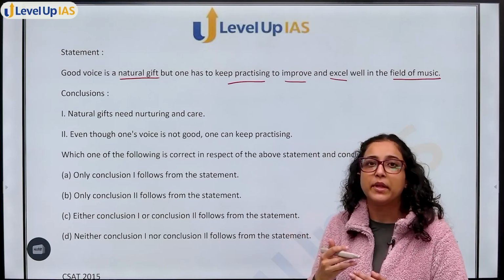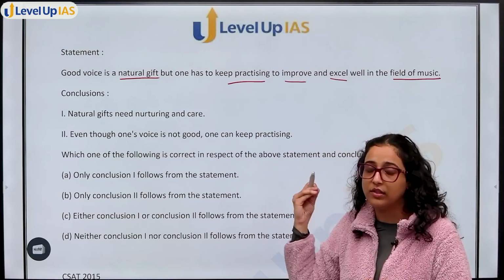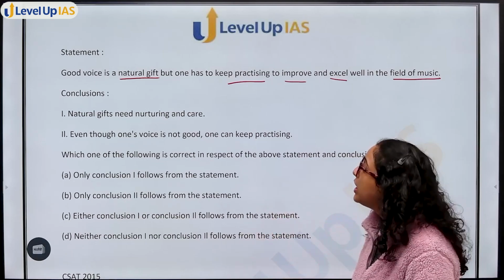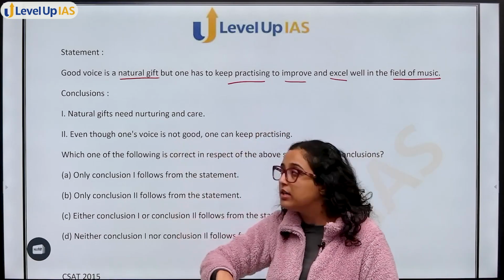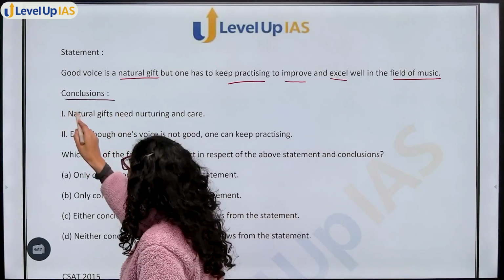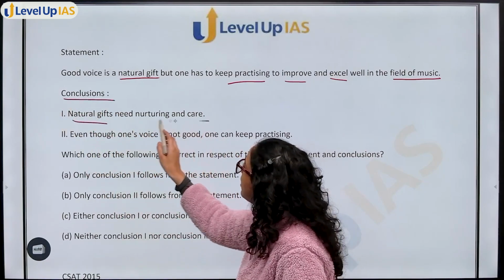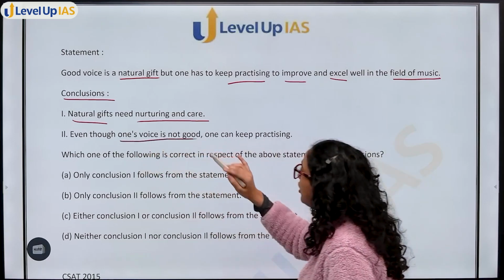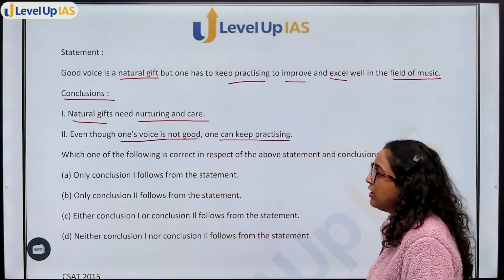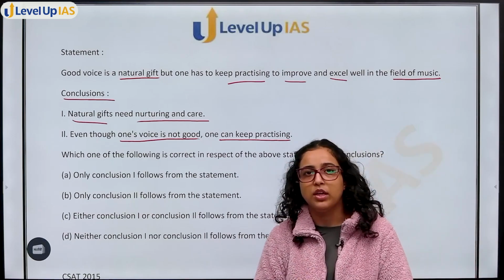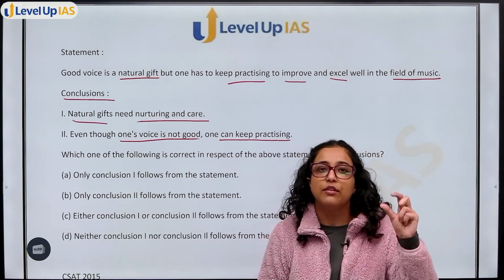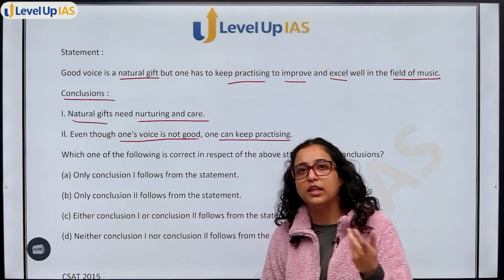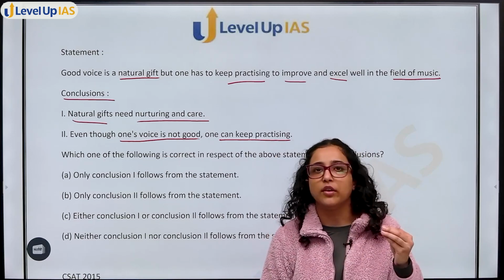In this statement, examiner is checking your power of comprehension. ठीक है? So आपने इस statement से क्या comprehend किया? Conclusions क्या है? Natural gift, need nurturing and care. ठीक है? Next, even though one's voice is not good, one can keep practicing. First of all, ऐसे question में जो statement given है सिर्फ उतना ही कंसिडर करो. उसका नेगेटिव क्या होगा, if it is not there then what happen, we cannot assume anything,